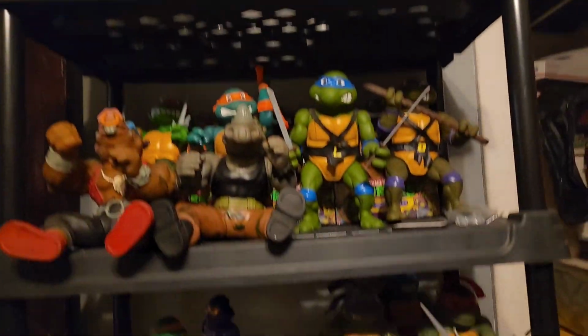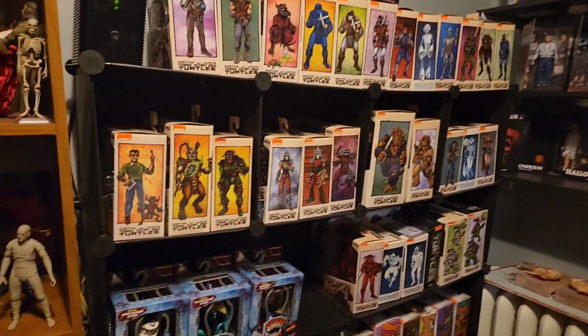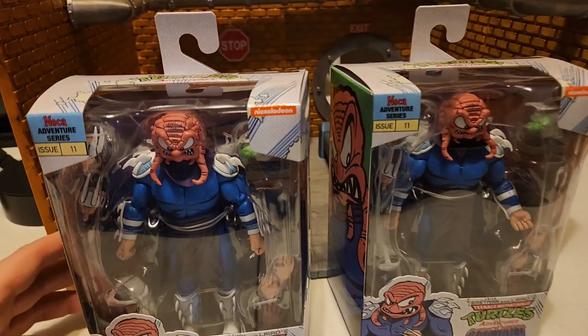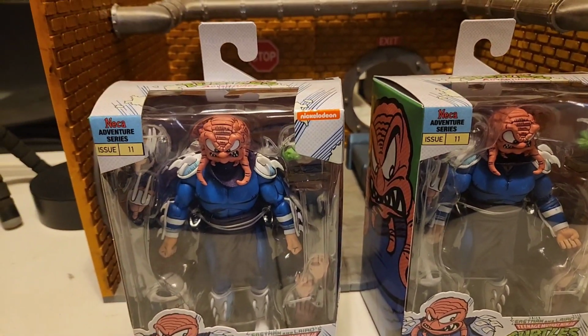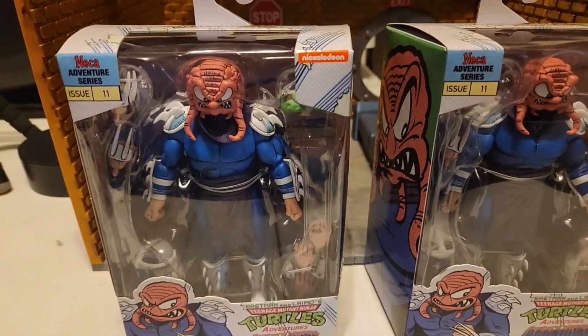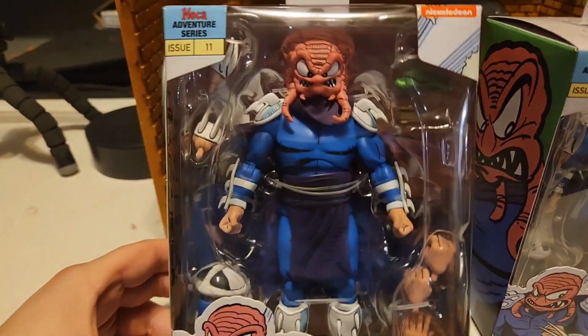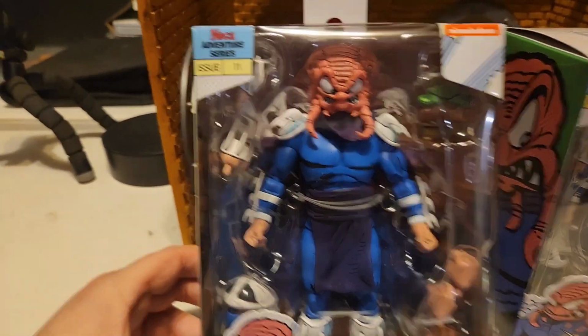We go over here, we got figures galore too. And then we go over here, we got some more. There's the rest of my Archie figures. A lot of stuff in this room right here for the Turtles. Turtle love everywhere. But specifically, I am a big fan of the Archie comics, and now I've seen right here